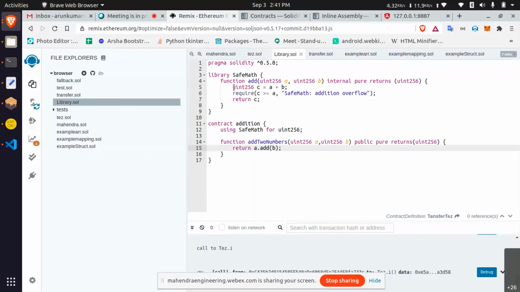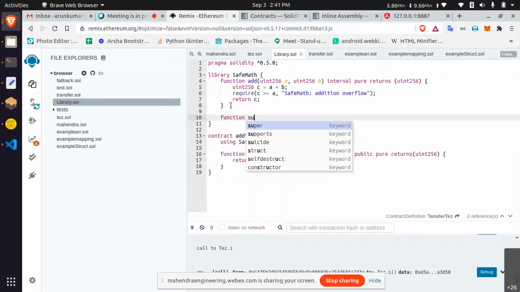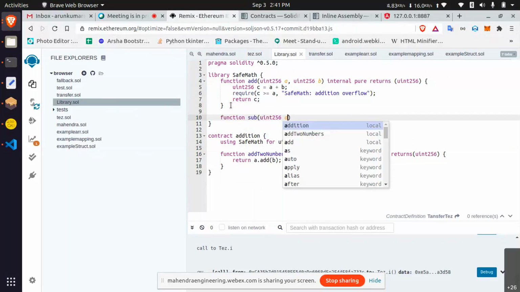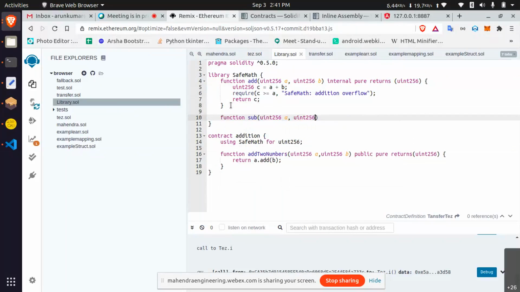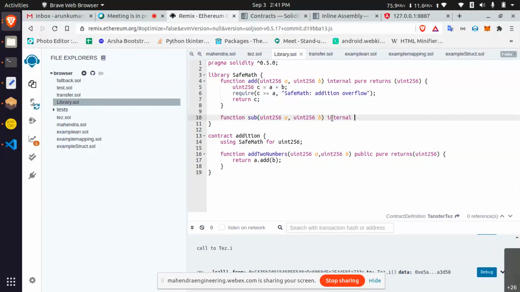Let's say I created a function for addition. If you are going to create a function for subtraction, it takes uint256 a, uint256 b, and it is internal. Here, internal means calls happen at the contract level only.